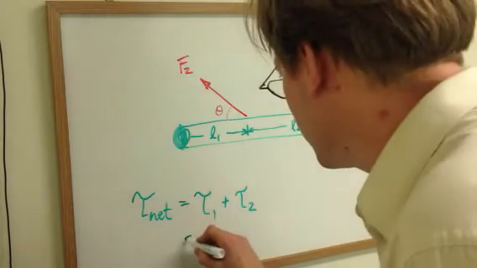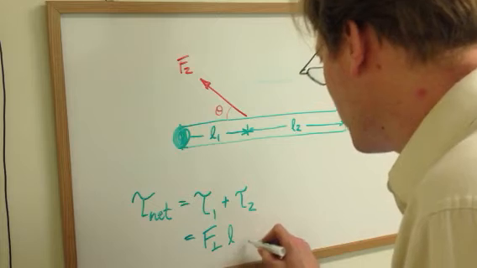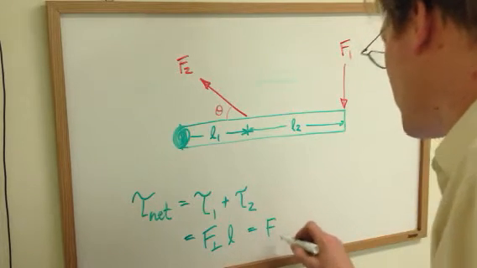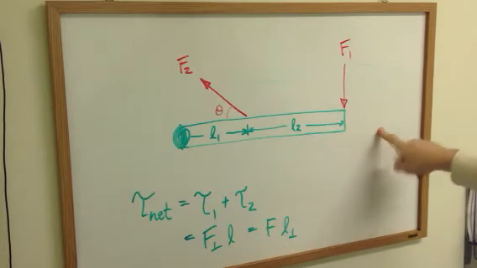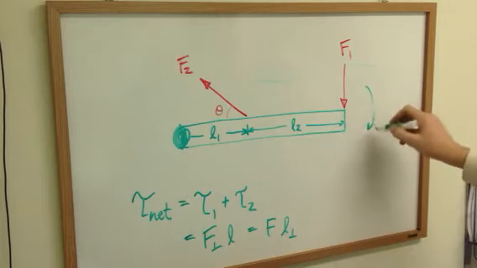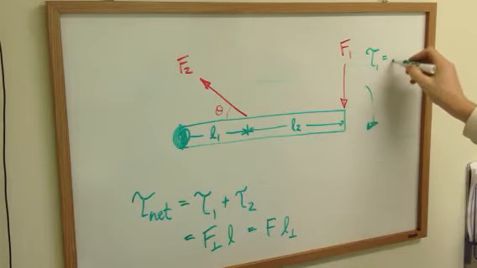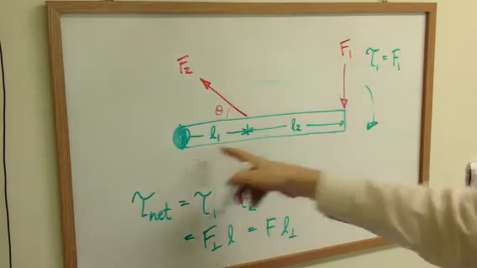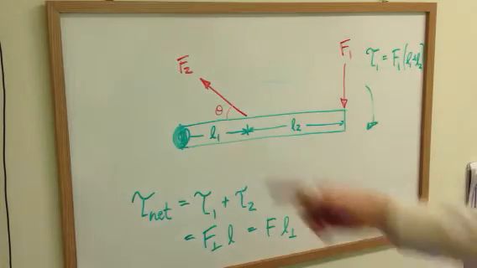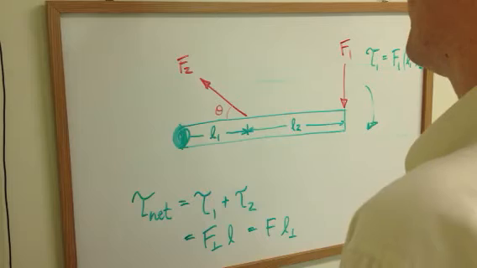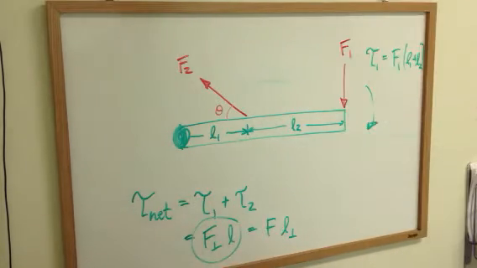By definition, torque is equal to the perpendicular part of the force to the lever arm, or just leave the force alone and consider just the perpendicular part of the lever arm. Here we already have a clockwise torque caused by F1. So the torque of F1 is caused by the force itself. It's already perpendicular to the lever arm. The length of the lever arm is the full length, L1 plus L2. I think I will work with this form for torque. This force here,